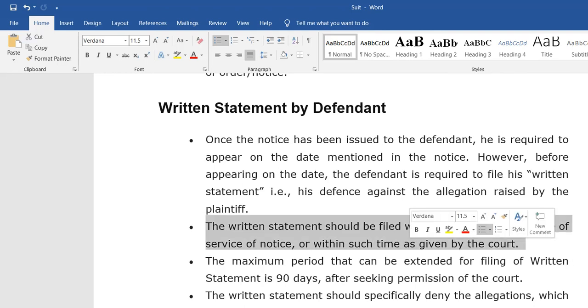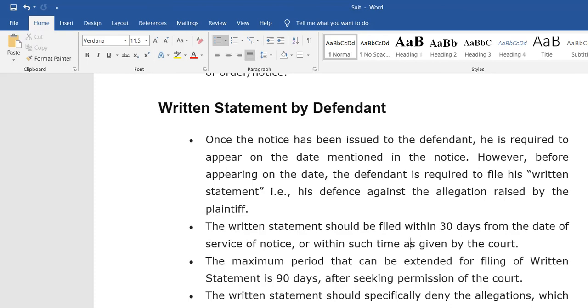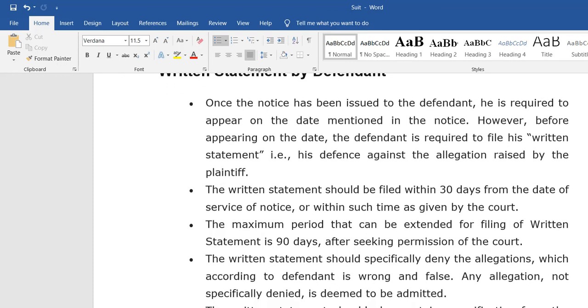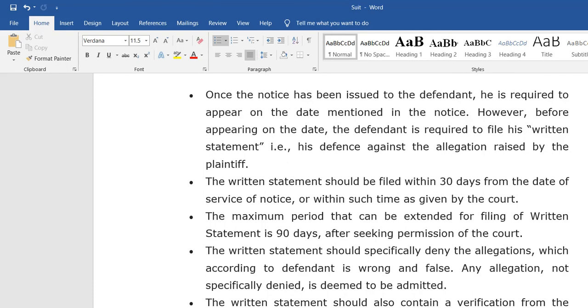Suppose the suit notice has been sent by the plaintiff today, so within 7 days it has to reach the defendant, and within 30 days the defendant should create a written statement. Also, the maximum period that can be extended for filing a written statement is 90 days after seeking permission of the court.